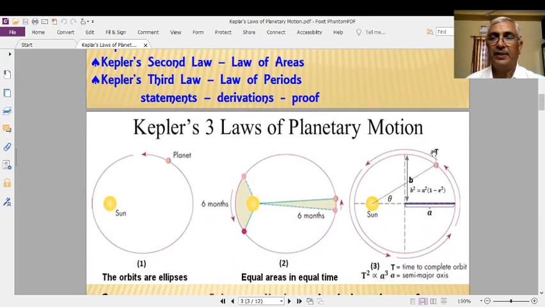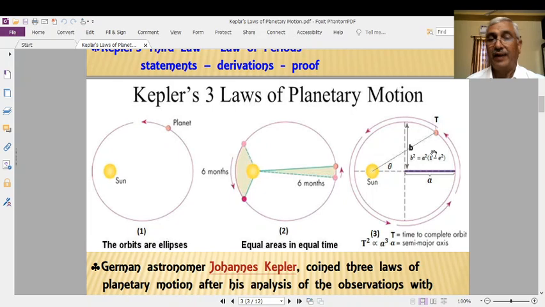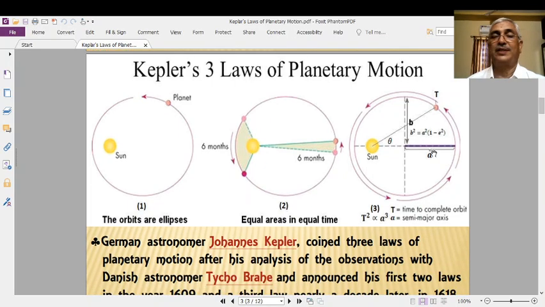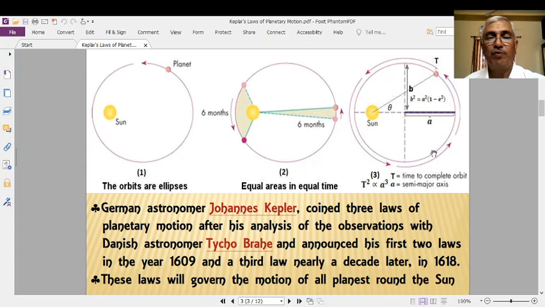In the 16th and 17th centuries, many theories were developed to explain the motion of the Earth, the motion of the Sun, the relation between the Sun and Earth, and the relation between the Sun and the other planets. The most successful theory was proposed by Kepler. It is the important one, the existing theory, and it has remained valid till now also.